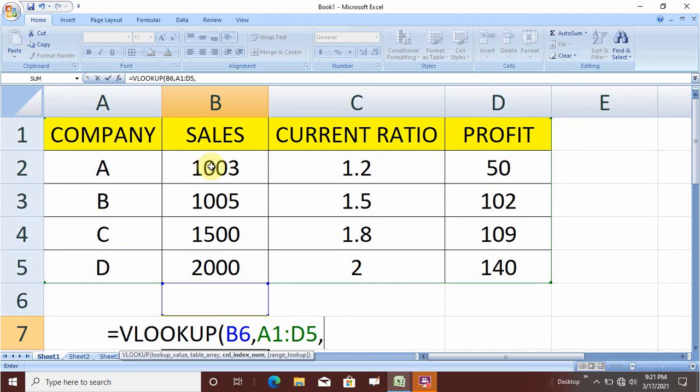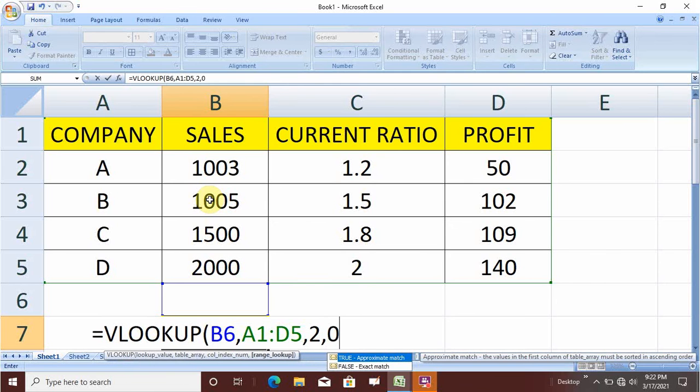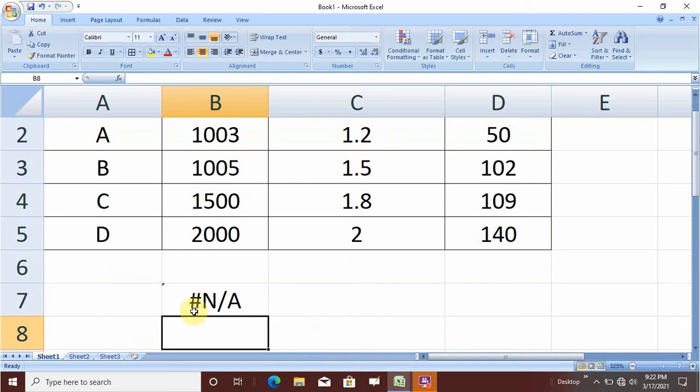Sales will be 2, current ratio will be 3 and profit will be 4. So here we have to find out the sales. This is the first column, then sales will be the second column. So we will put 2 and the last is always 0 for exact match.